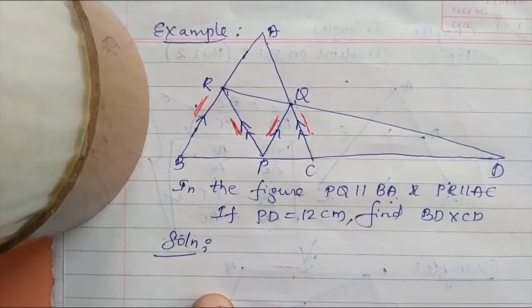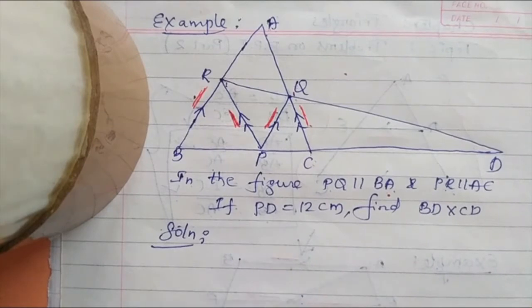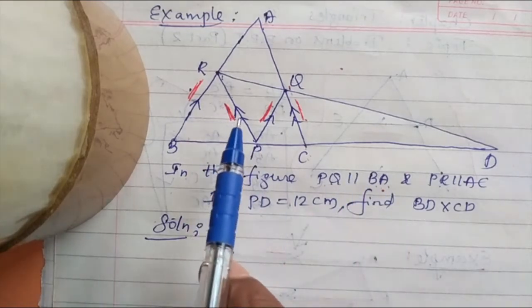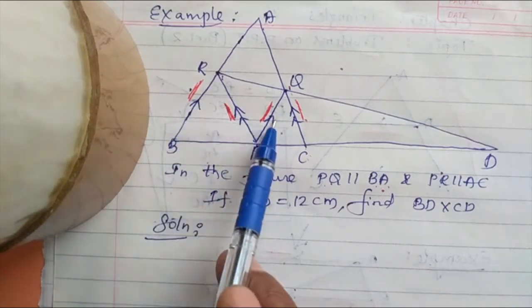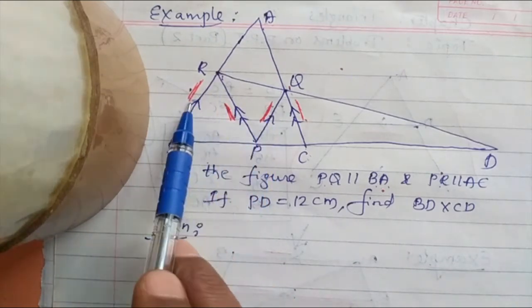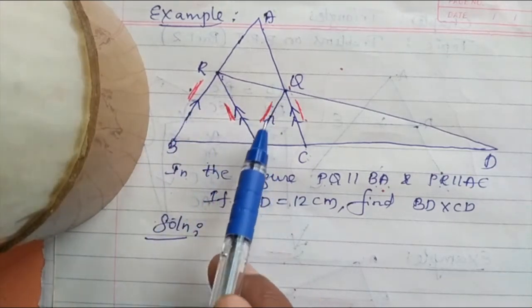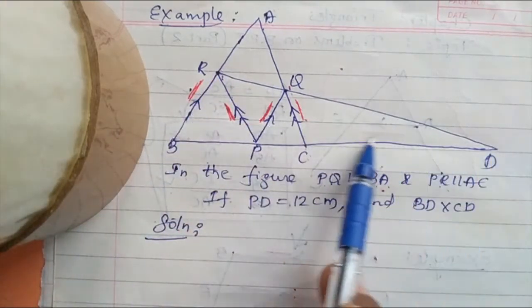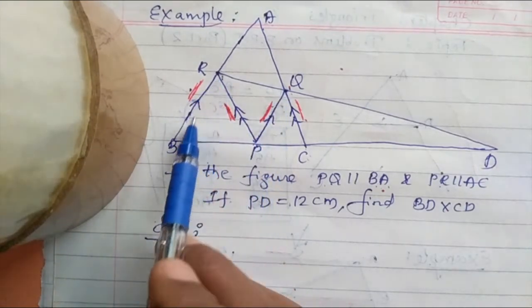So here you can see the BPT shape. When you apply BPT, select any one triangle first. In that, definitely 2 parallel lines should be there. PQ and BA. This is the PQ and this is BA. Including these 2 parallel lines, which triangle can I take? This is the BA, this is PQ. Then you can take this triangle. When you take this triangle, you can obtain PQ and BA parallel lines.